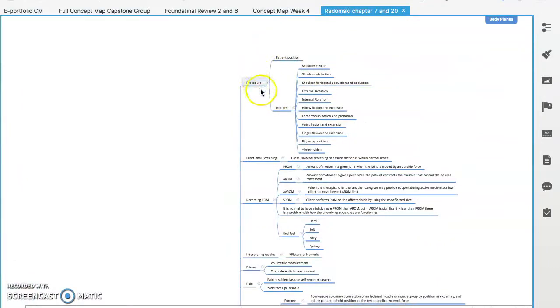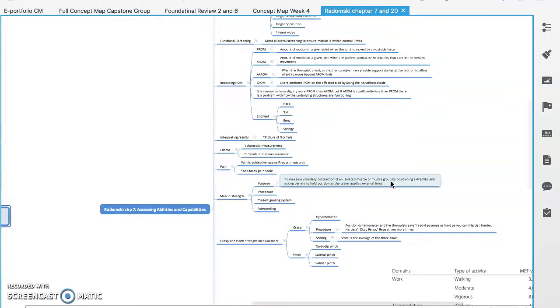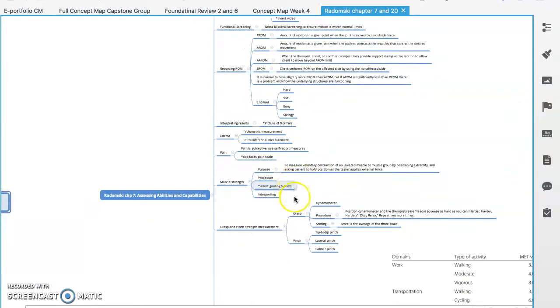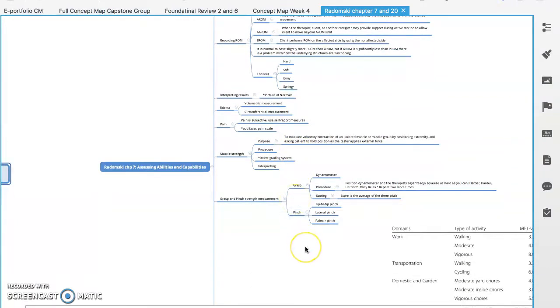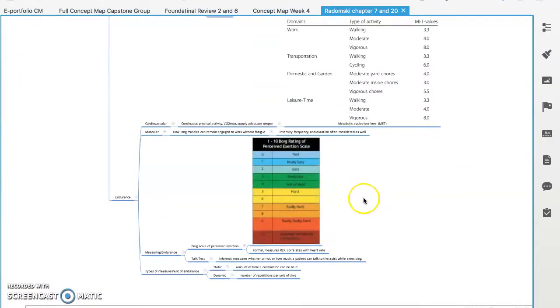We have like the procedure, the functional screening, so this is good to review as well as our videos we made with manual muscle testing and range of motion. This will be really good to review alongside of that. And so yeah, we'll just go through all this,